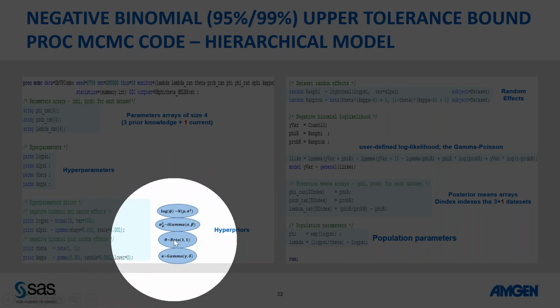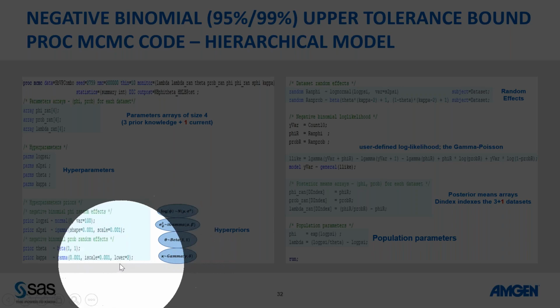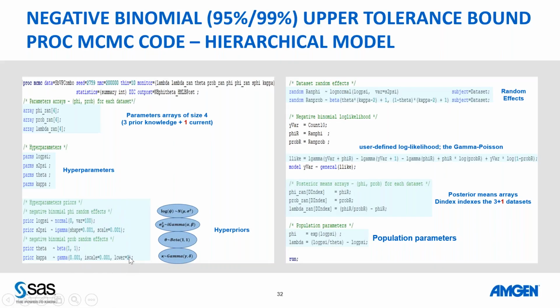And then I think we used a lower bound on kappa to prevent it from getting to be too small. Yeah, actually, that's something I forgot to mention in the previous slide. Kappa has to be greater than 0, otherwise things do not work. And that's why we have the lower bound there. And that's, again, one of those nice things that MCMC has for the distributions. You can specify a lower and an upper.